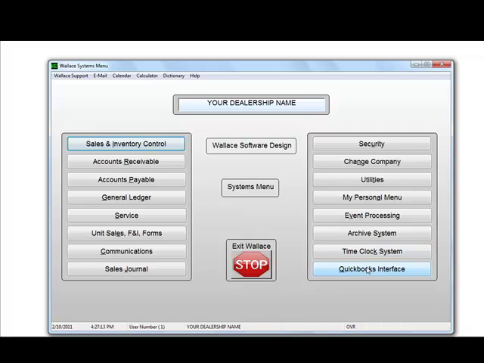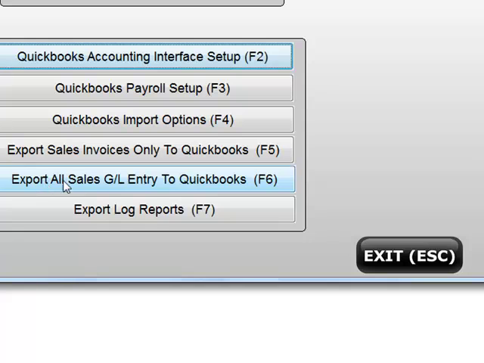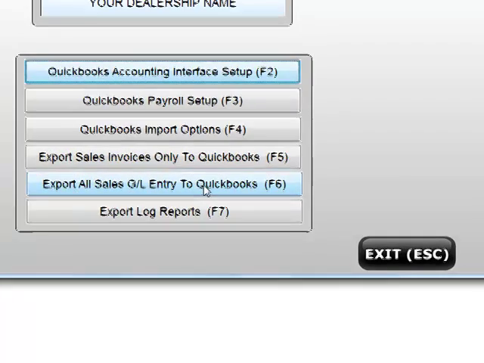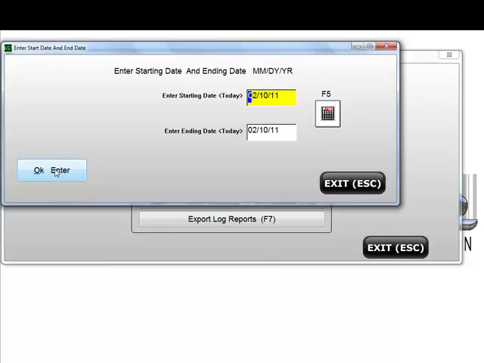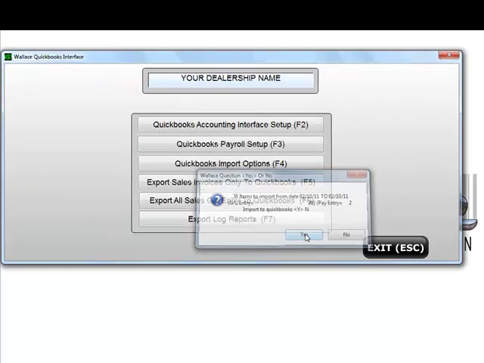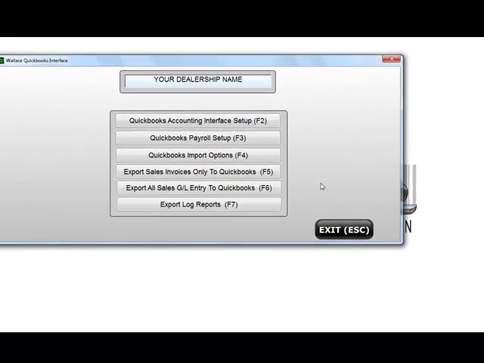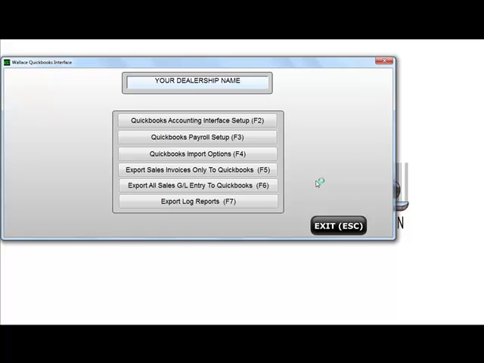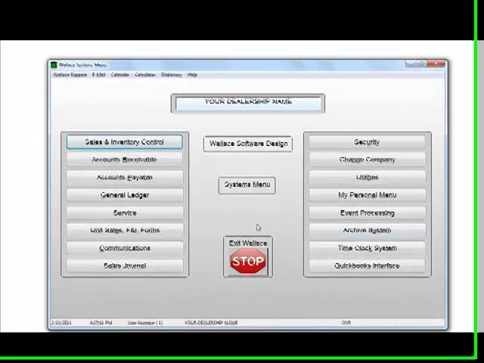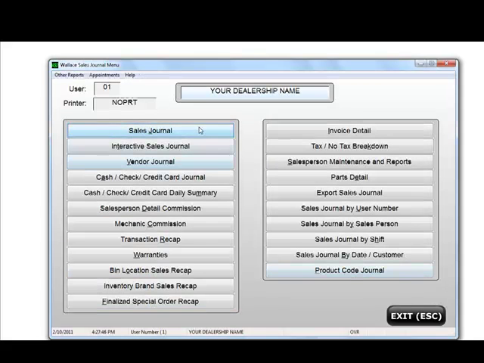Now, let's go to QuickBooks Interface, and let's just pick this option here, F6, Export All Sales General Ledger Entries to QuickBooks. So I'm going to click this, I'm going to give it a date range, and I want to import my daily sales, and these are the entries being imported. And now the Wallace software is calling QuickBooks, and we'll take all those entries from Wallace and put them into QuickBooks. What it's going to do, and you can still use Wallace while the import's going on, it's going to take everything that's on the sales journal,